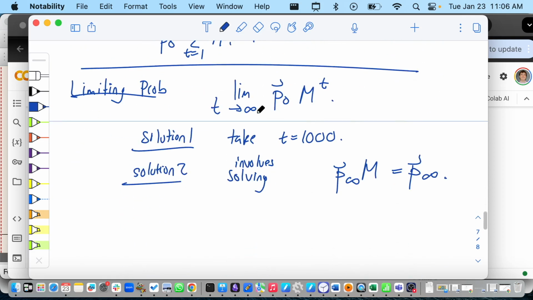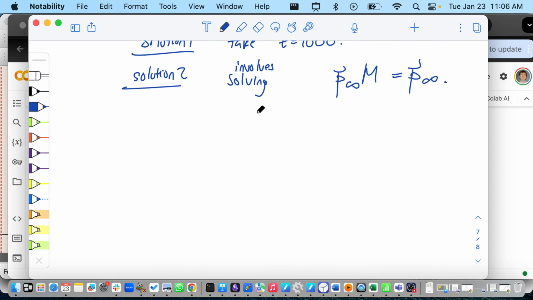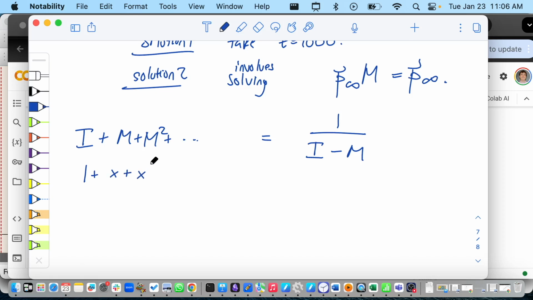And the trick was in the Numberphile video. But again, they do everything super fast. And the trick was you replace the sum I plus M squared plus dot, dot, dot. They claim that this is the same as 1 over I minus M. And they have some hand-wavy justification for this. I think the justification is the same as the fact that from calculus, 1 plus x plus x squared plus x cubed plus dot, dot, dot is equal to 1 over 1 minus x. This is the sum of the geometric series.